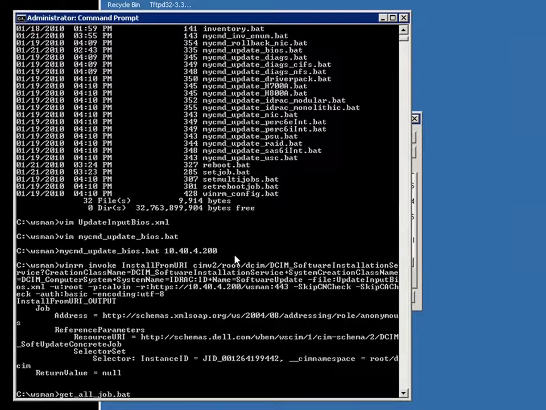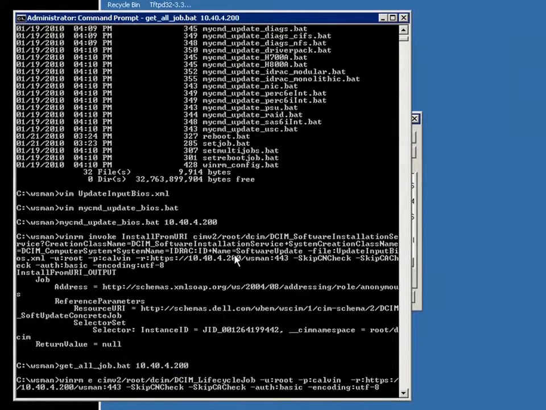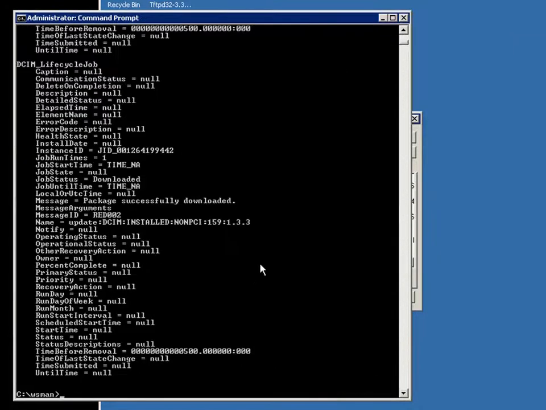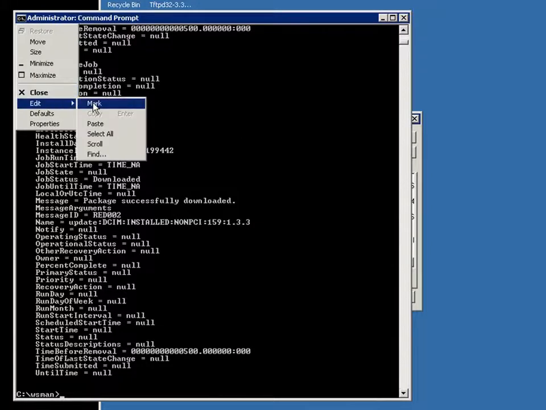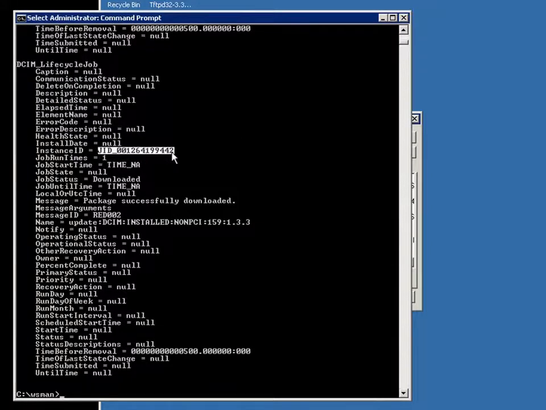Now if we run getalljob.bat, this calls a WinRM command to look at the job queue so we can see the jobs that are queued up in the Lifecycle Controller. So we see that the package has been successfully downloaded, and you notice that the job start time has TIME_NA, so it's actually not scheduled for execution. So we will go ahead and take the instance ID, copy that, and use that as input to actually schedule the job. So we've copied that job ID,